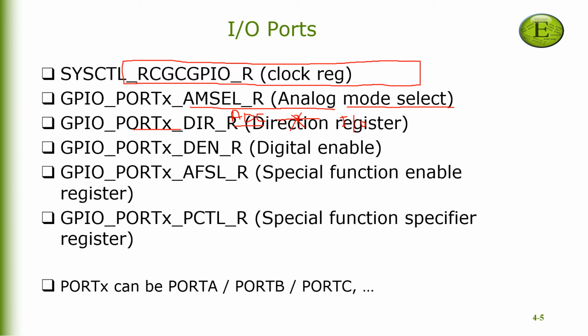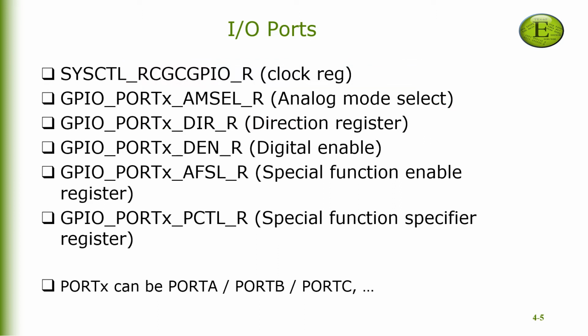All right, the next one is the direction register. The direction register is used to configure the port or its pins either as the input port or the output port. So here is the direction register. The bits of this register can be set so that we can enable some pins as the input or some of the pins on the port as the output. So it's basically